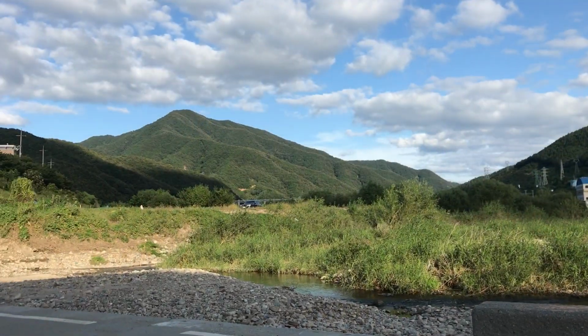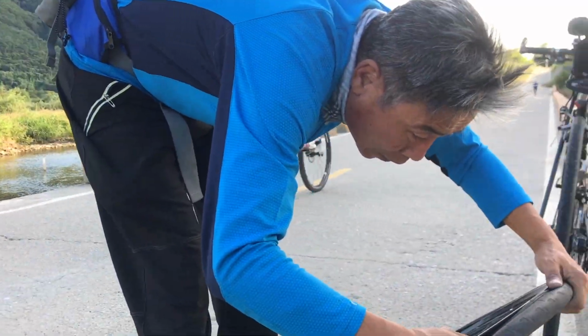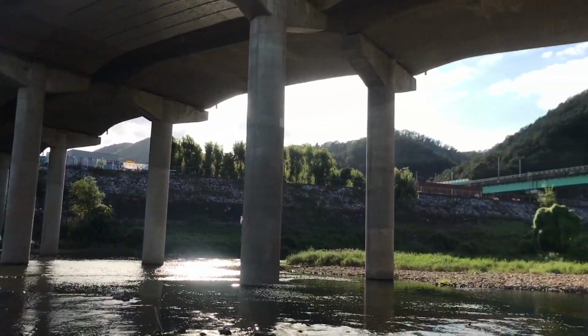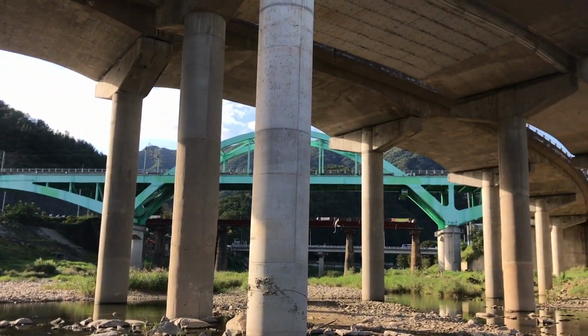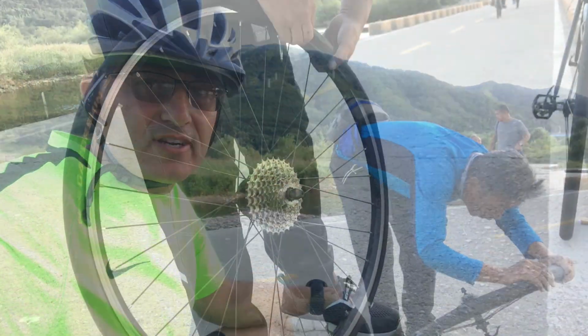Well, here it is, and I've got a flat tire. But I'll tell you, if you're gonna have a flat tire, this is an awesome place to have a flat tire. Very pretty. A few miles to go to the next. Great guy who wanted to help me, and so it's great to have two people, two hands. It's very